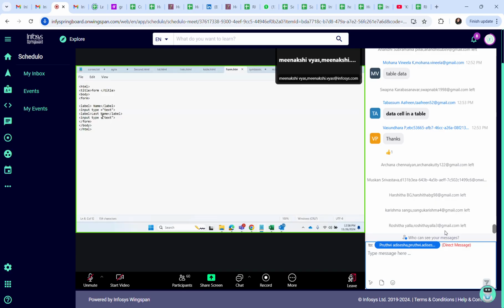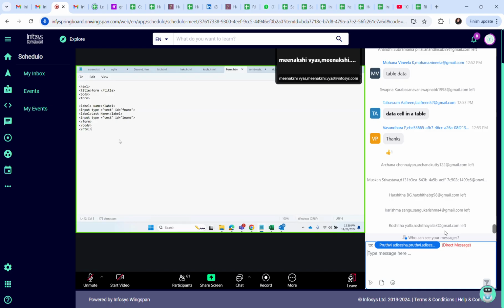So how will we take that? Whenever we create any input type, we give an id to it, right? Let me give this as fname. So this is the id. So whenever we want to collect the data, I'll know that this is the first name, or this is the last name. So with every input type you associate one id, right?